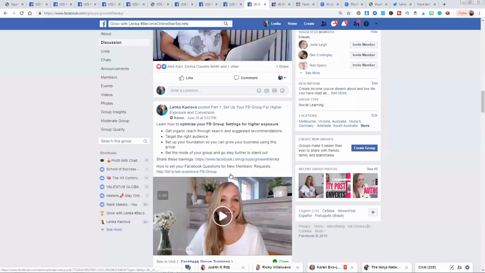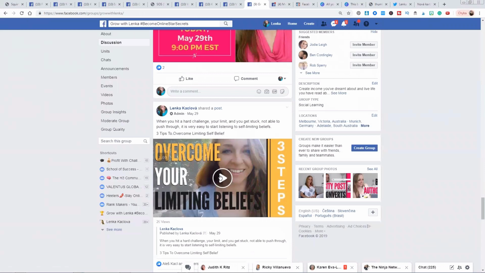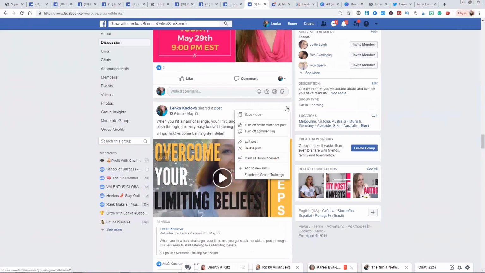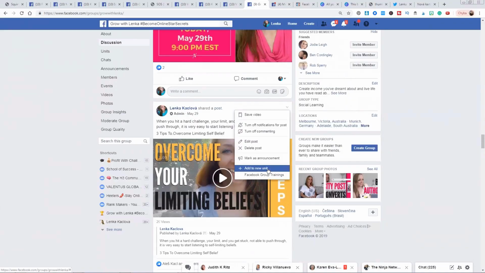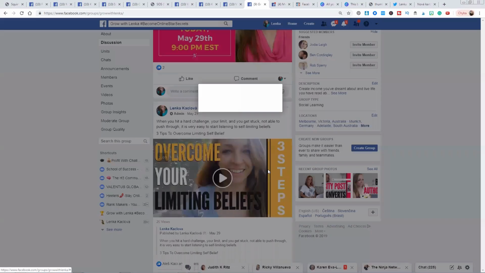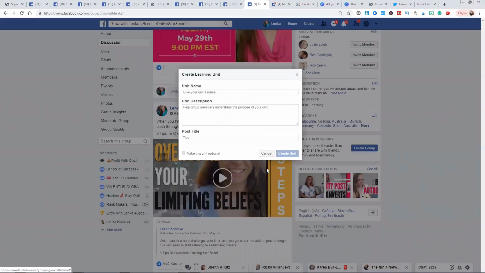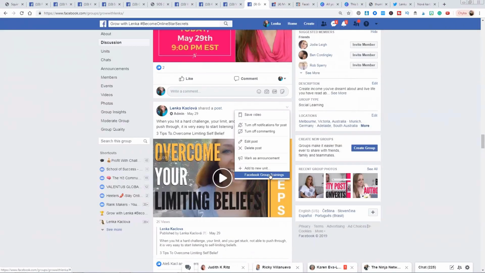Second way you can do it is go directly to any video you've already created on your Facebook group. And again, in the drop-down menu, when you go edit that post, it offers you to add it to either new unit and create one, or add it to existing one. With units, what you can do either in each video or as a separate section of that unit or in files directly,